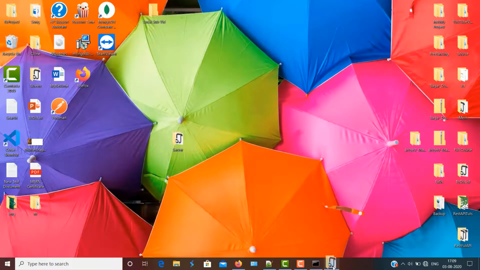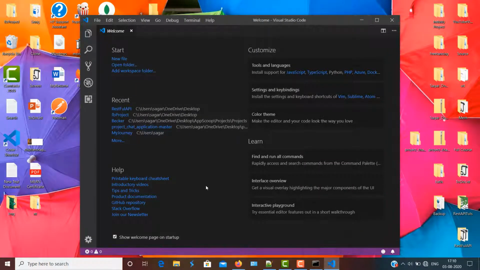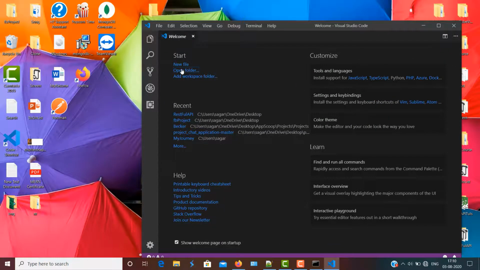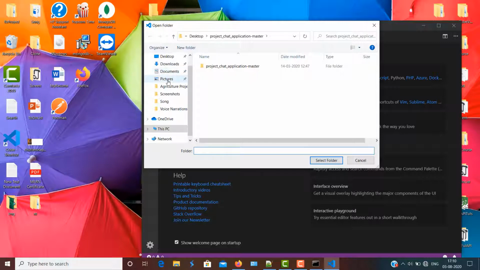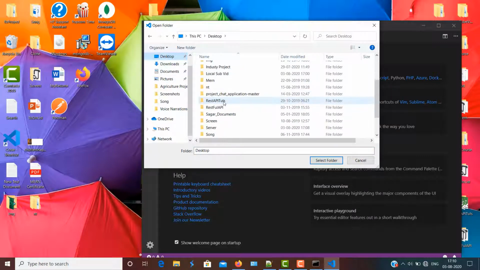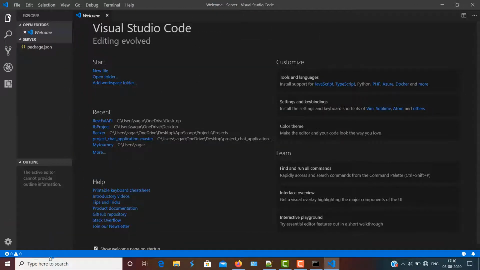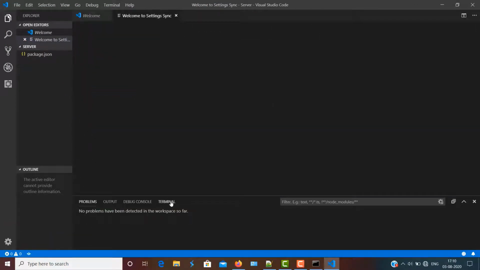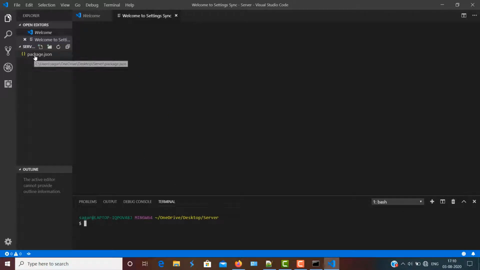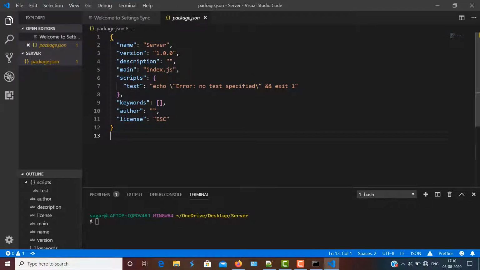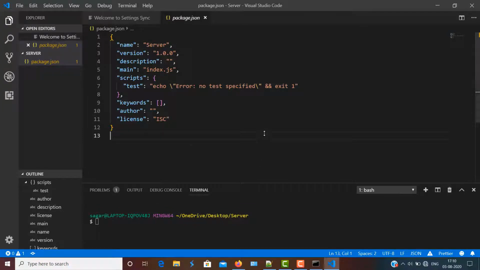So there you can see I have got the package.json file inside my server folder. So I'm going to just open it with VS Code. So just use open folder and redirect to your folder location. And there I have my folder named server. Just select the folder. So I'm going to use the terminal now, and this is our package.json file. There you can see for now we haven't any dependency yet,